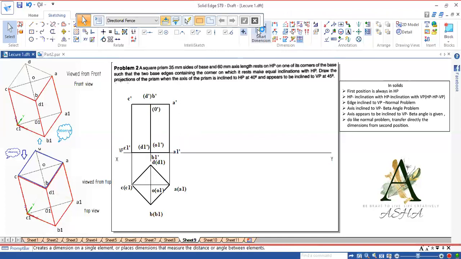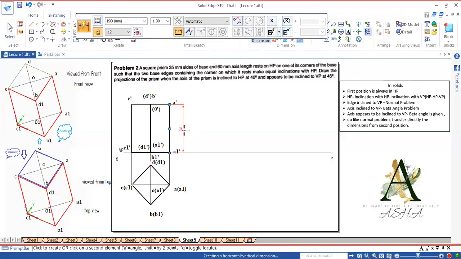Okay, show the axis height 60 mm. So this completes the first position.